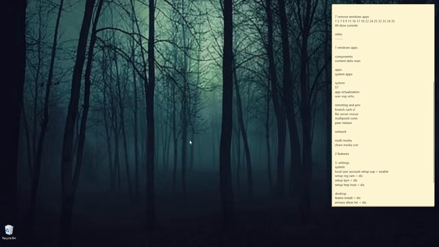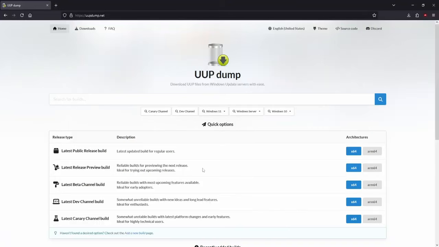Now you can use a normal ISO file from Microsoft and just do the same thing, or you can go to a place called dump. Now dump is they basically go download the installation files from the Microsoft server, so they don't host any files themselves. So you just choose the type of Windows that you want, say Home or Pro, and then they actually download that specific one, making it automatically smaller